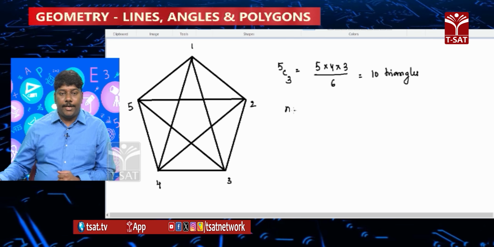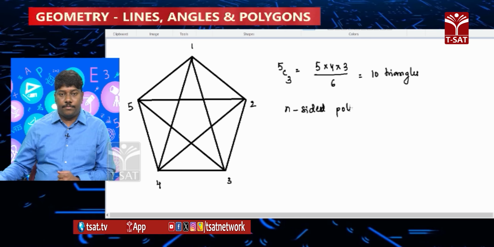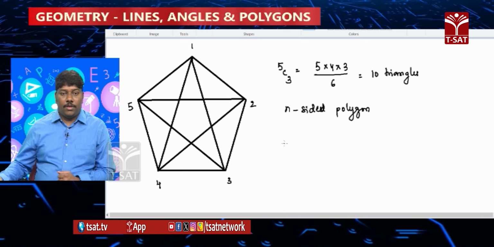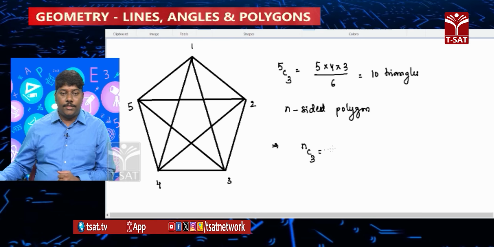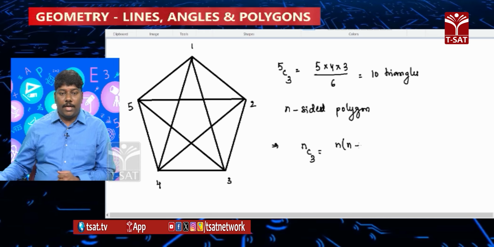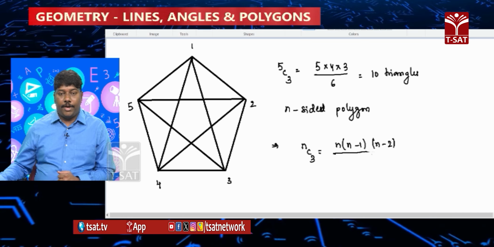Generally for an n-sided polygon, it is nC3. The nC3 formula is n into n minus 1 into n minus 2 divided by 6. So we have seen the sum of interior angles, sum of exterior angles, each interior angle, each exterior angle, number of diagonals and number of triangles formed by